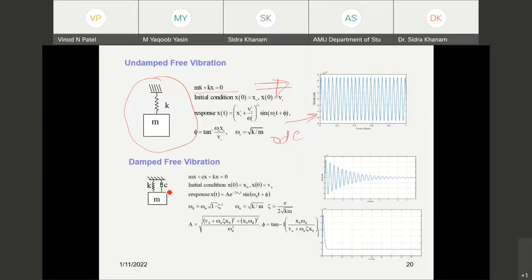And here are some typical equations where a damper is used. As you know, in damped free vibration, no additional force is acting. So you can derive that equation, and the solution of the equation using ODE can also be provided by using MATLAB. You can also find out the frequency by using the FFT function available in MATLAB.